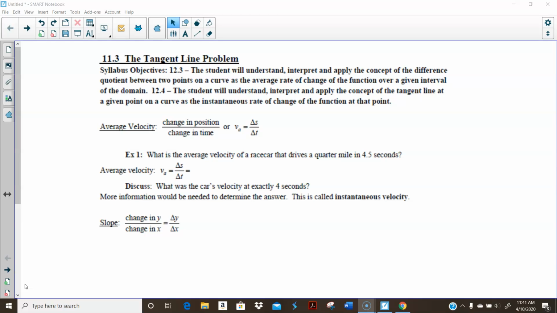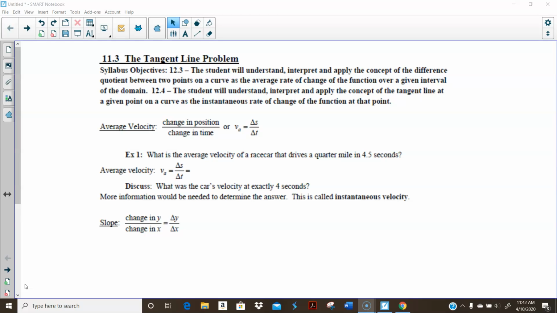Today we're working on 11.3, the tangent line problem, on page 174 of your note guide. This is the beginning of what calculus really is. We're going to be talking about differential calculus, where we will be looking at instantaneous rate. So that car, if we were to look at its average velocity, this is a problem that you're very familiar with,